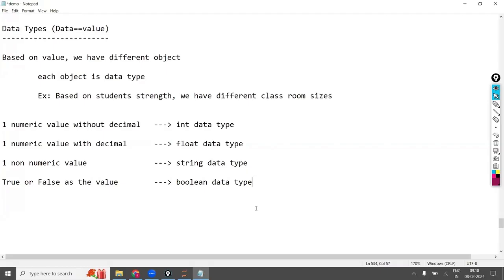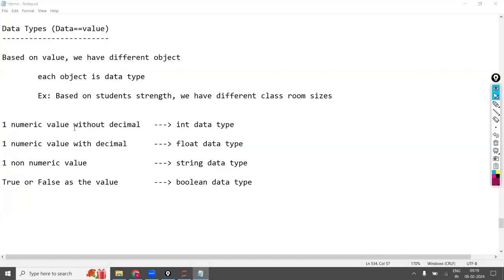Okay. So if you are having only one numerical value, you can't store multiple in the int object. For example, I have created one cabin. In that cabin, only one chair is allocated. You can't bring a second chair into that, there is no space. Only one chair can be accommodated in that particular room. That room was designed to accommodate only one chair and only one person can sit.